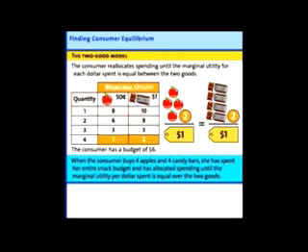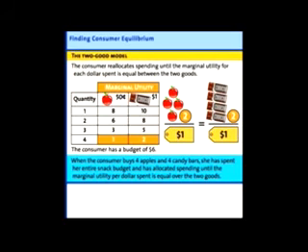And there's no reason for us to do without a candy bar to have an extra apple, because the candy bar we'd be giving up is providing us with more satisfaction per dollar spent than an extra apple would. And if we add up the money spent, 50 cents, 50 cents, 50 cents, and 50 cents, plus $1, $1, $1, $1, we've now spent our entire snack budget of $6,